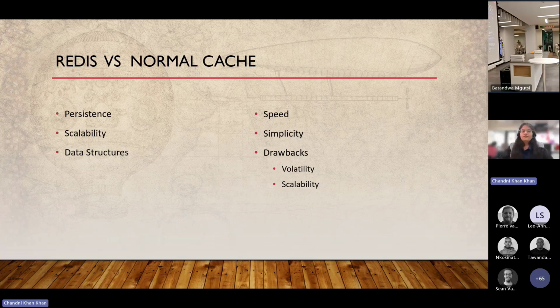Now, what is the difference between our normal cache and Redis? Why should we choose Redis over our normal cache? The advantage of normal cache is speed. It is obviously faster to access data from memory than retrieving it, and simplicity. The code is very simple, but it does come with some drawbacks. Volatility: if your system crashes or restarts, all data stored in memory is lost without a proper persistence mechanism. Scalability: in-memory caches are harder to scale across multiple machines since they are typically local to the machine running the